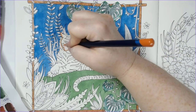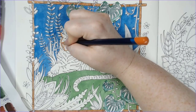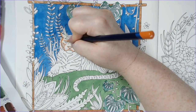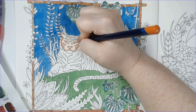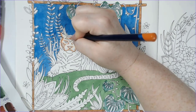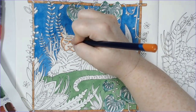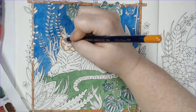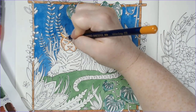And he takes a lot longer than I thought he would, but he's definitely my favorite part of the picture, and the part of the picture I was most pleased with. I think because there were such small spaces. I like the oranges. I guess I don't like the Inktense greens all that much. Not most of them. Which is a bit of a problem if I want to use my Inktense pencils,